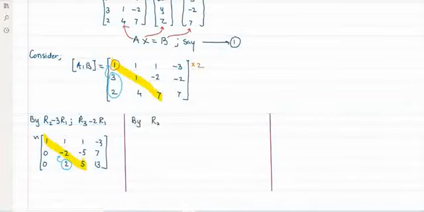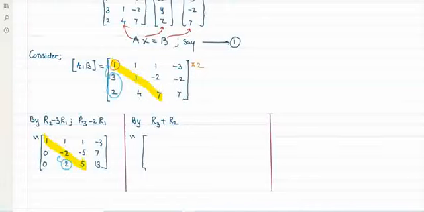R3 you have to change. You have to use R2. R2 plus R3, R3 plus R2. While writing, because you are changing R3, not R2. You are changing R3, so only one transformation. So the new equivalent matrix